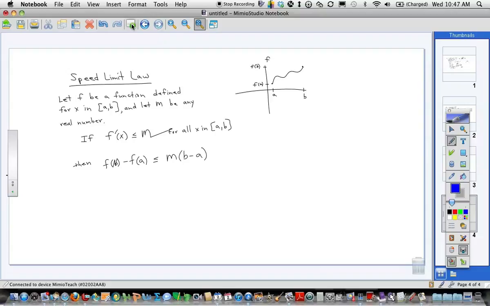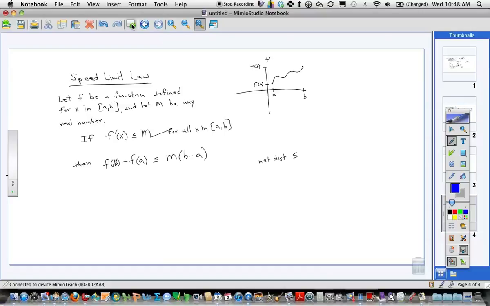F of B minus F of A is how far it traveled. Net distance traveled, right? It's net distance traveled because it did kind of go back and forth. But it started here and it ended here, so its net distance traveled is F of B minus F of A. Oh, that's that right there. Okay? So let me write that down. So net distance